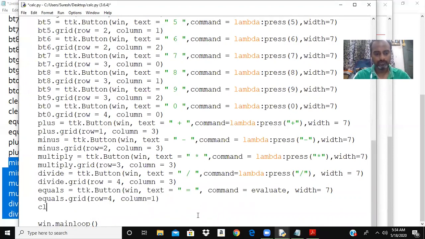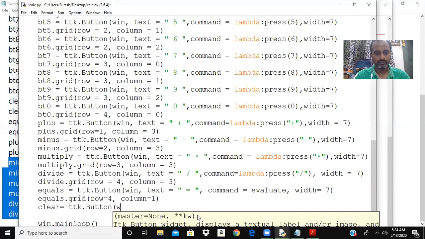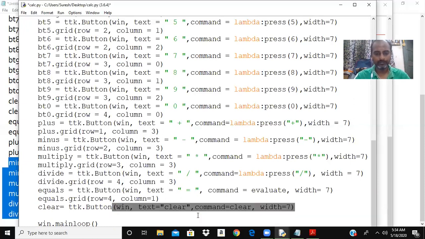So last one, clear is equal to tk dot Button win, text is equal to, I want the text to be displayed as clear, comma, command is equal to, I need to write this, width is equal to 7.